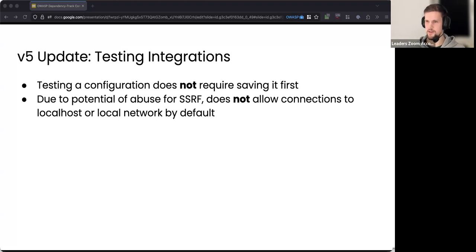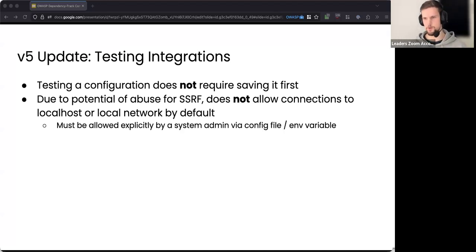And this is to prevent SSRF, right? Server-side request forgery. Functionality like this, where you can provide a custom URL and then try to connect to it, sadly is a vector for SSRF, right? You could use it to scan for open ports on the local host, or on the local network. Let's say your cloud environment has a few VMs running, and someone could use this to probe what is available. So per default, you cannot connect to local hosts, but an administrator with access to environment variables or a configuration file can allow this. So if you need to, for whatever reason, connect to local systems, you can do it, but it's just not allowed per default.